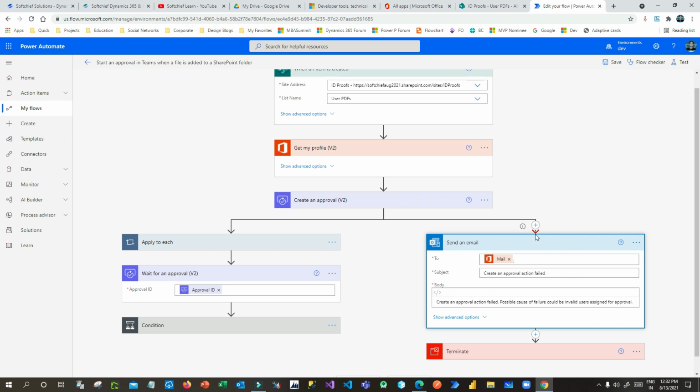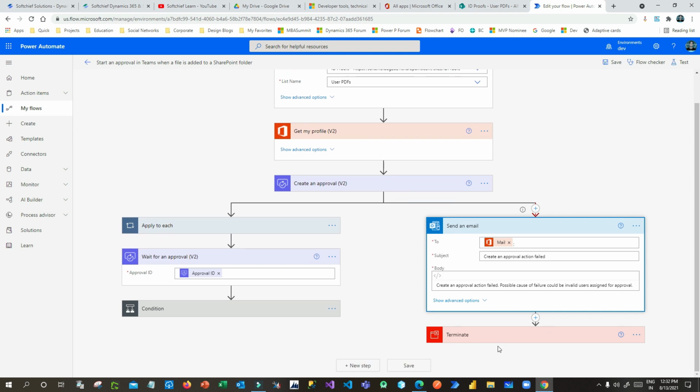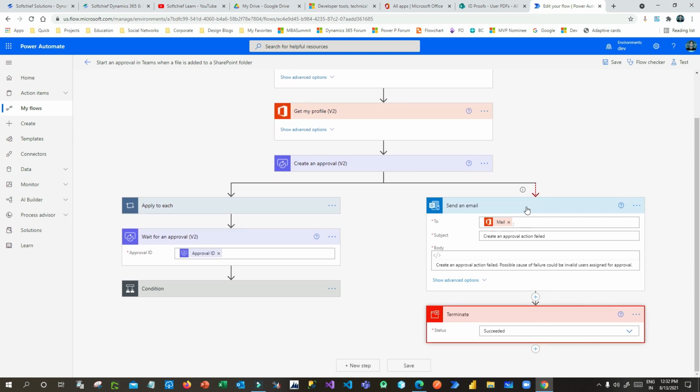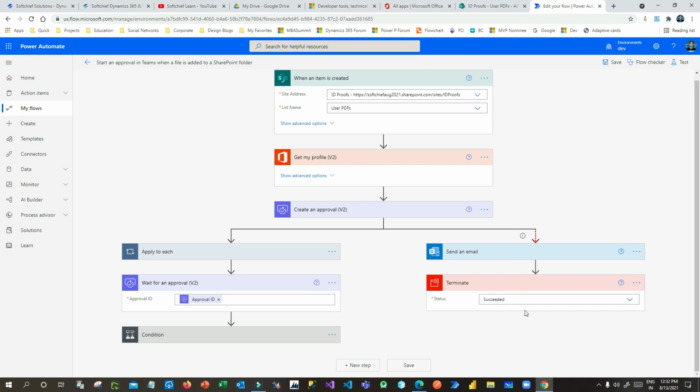Otherwise it will not be executed. So that is the beauty of run after condition. This step will only be executed when the previous step has failed. Then this flow will be terminated. Now these two steps may not execute if it is successfully executed, right?